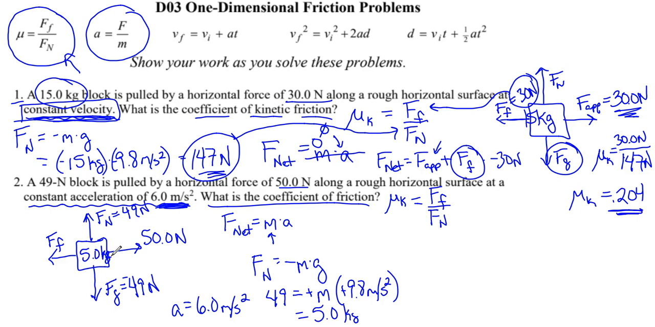And now that we know the mass and the acceleration, remember the acceleration was 6.0 meters per second squared, so F net equals 5.0 kilograms times 6.0 meters per second squared, okay, which gives us a net force of 30 newtons. Okay, so our net force is 30 newtons, and